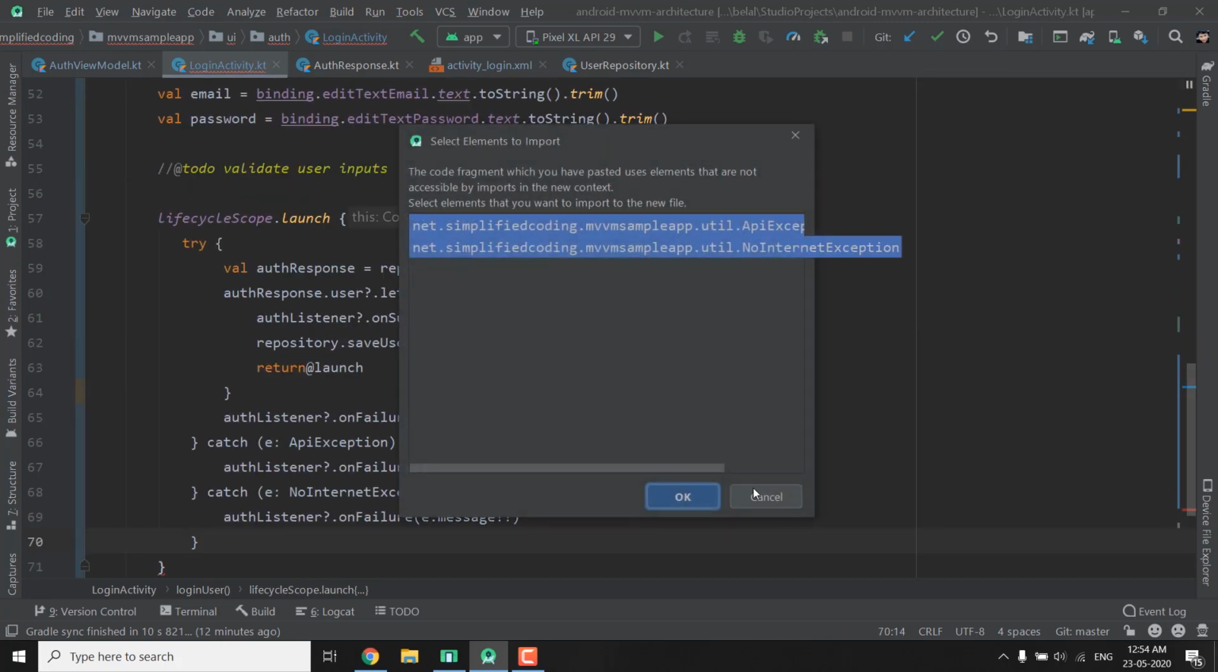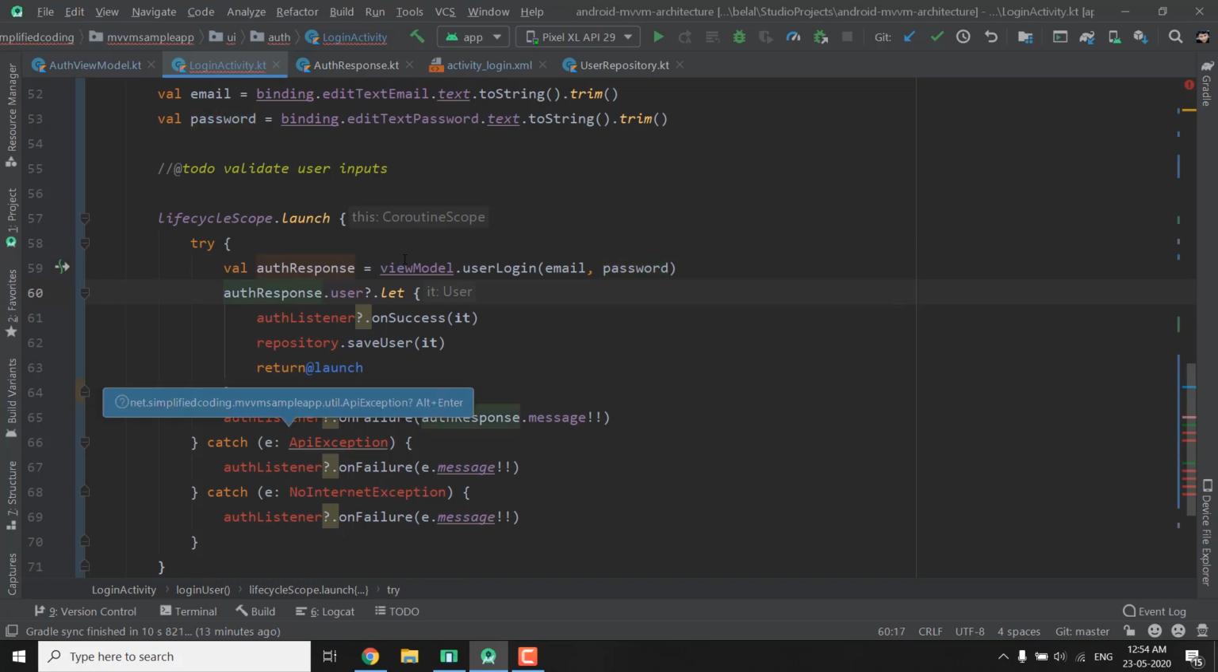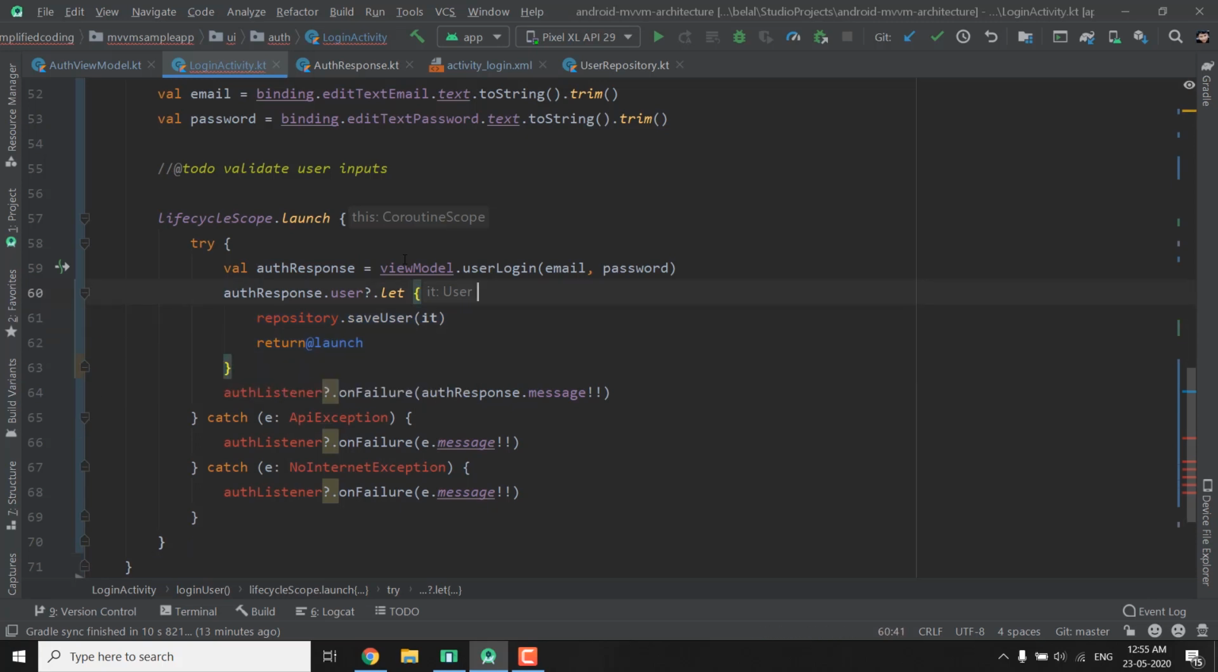So let's paste it here. We are getting the response from our view model by performing the login. We don't need it. Now we are checking if the auth response contains the user. If the user in the response is not null, we will consider it as a success, and we will also save the user in our